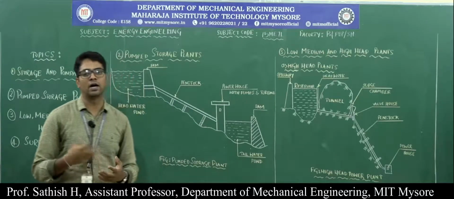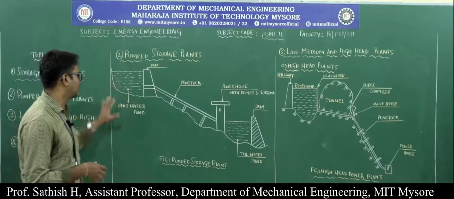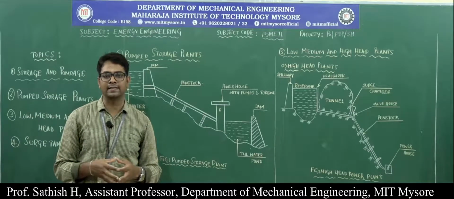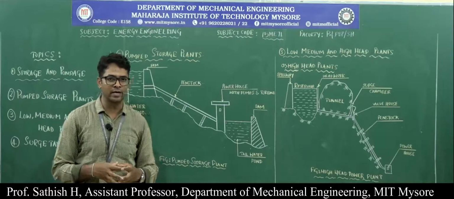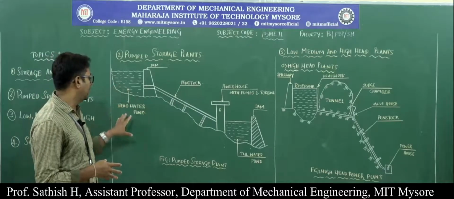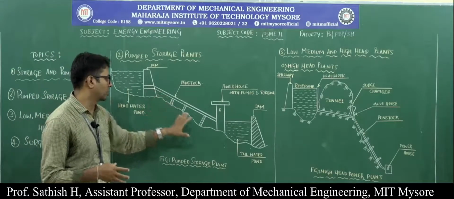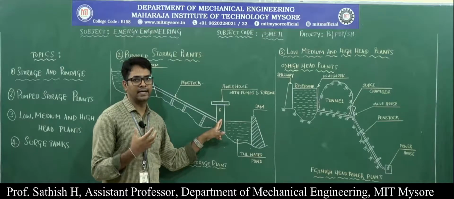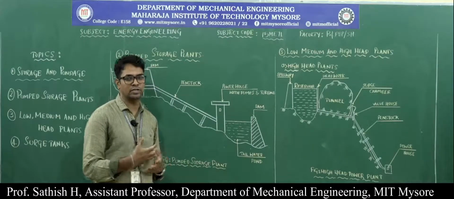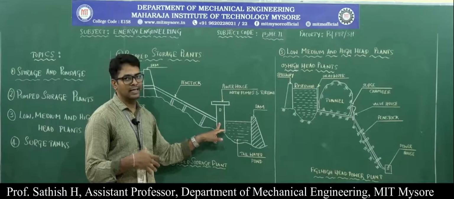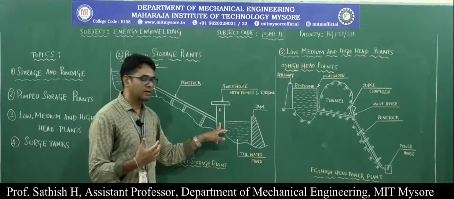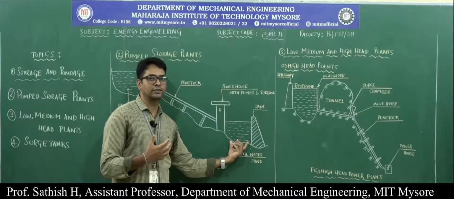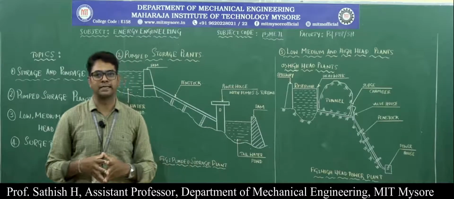Coming to the working principle, how does it work? In the head water pond, when there is a peak load condition, when the demand for electricity is more, during the evening times, the water from the head water pond is taken through the penstock and passes through the powerhouse where the turbines are. The electricity is produced because the turbines are connected to the generator. After the water passes through the turbine, it is released into the tail race, where we have a dam. Again the water is stored here. So this is during the peak time.